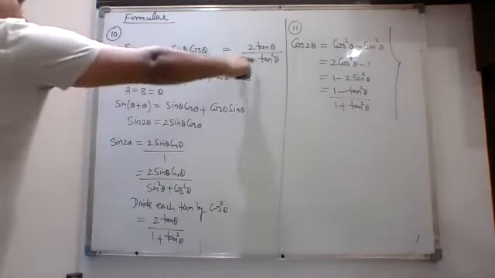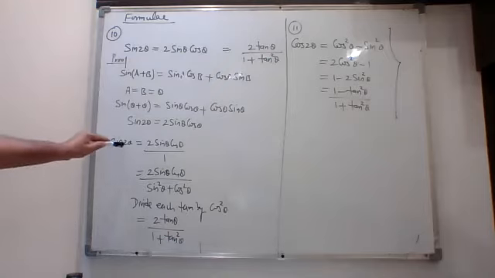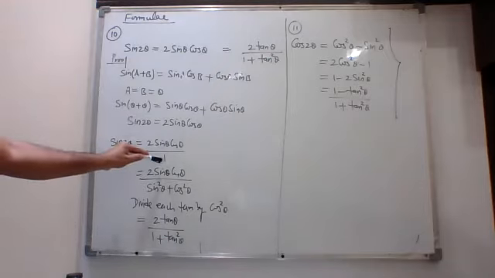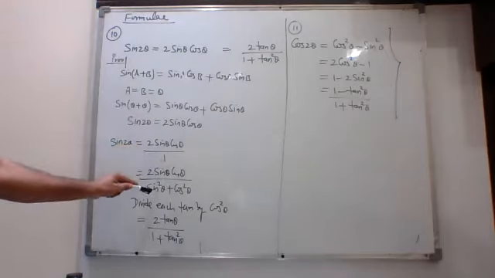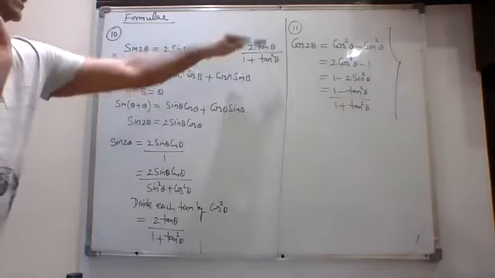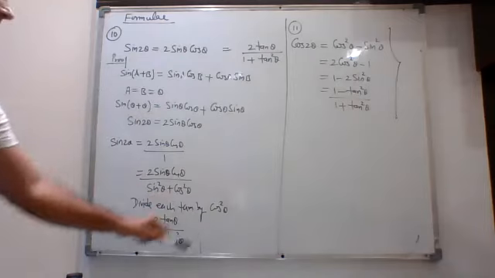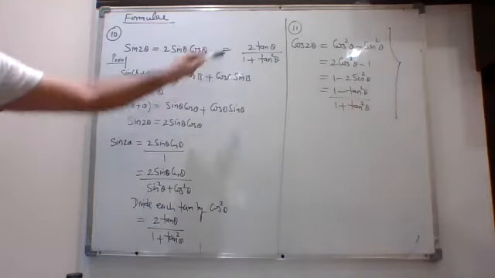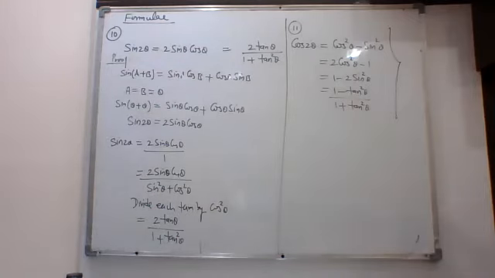Now in order to get this one, we'll just write sin 2θ is this much upon 1, we can introduce. That 1 can be written as sin² θ plus cos² θ. Now in order to get this tan, you will divide each term by cos² θ and you can see that you will get this particular formula.